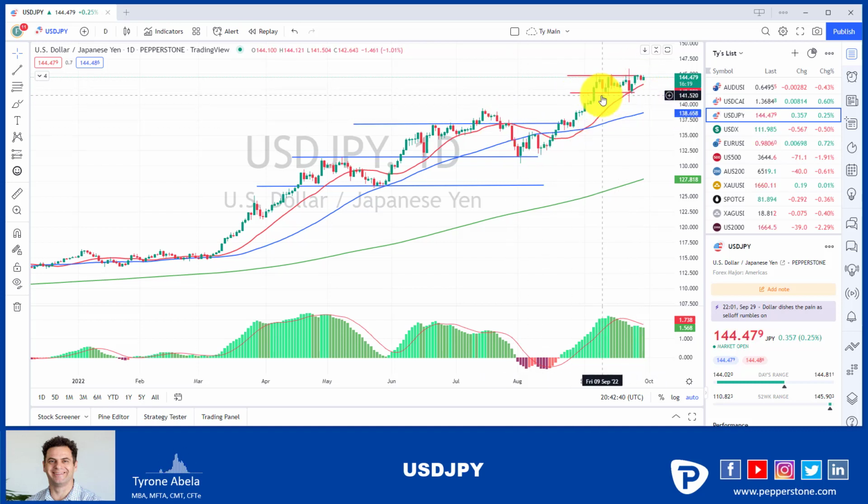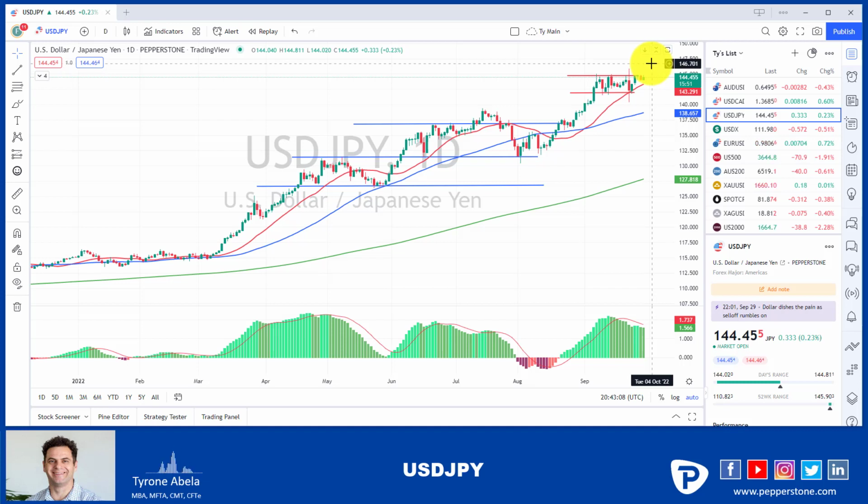So realistically, we can see the MACD starting to drop now, but that's to be expected because the market's going sideways. So obviously the moving averages are going to be getting closer and closer together. If we get a daily close above the 145.20 area, then we can start looking at targeting the 145.50, 145.80, 146, because really they're the ones that you're going to be starting to scalp towards. I don't really know how high it's going to go. No one really knows that, but you want to keep your shorts fairly sharp on this one, because it could